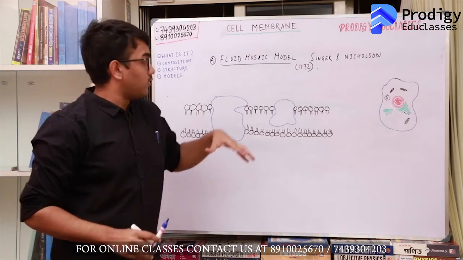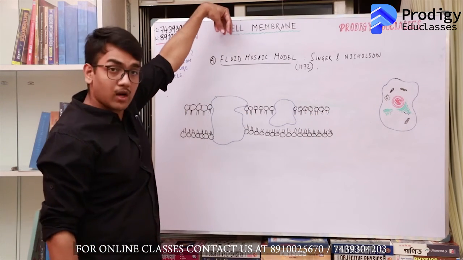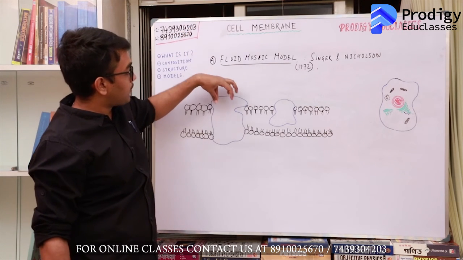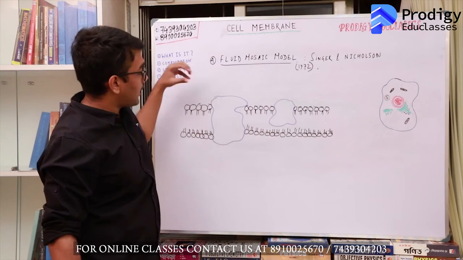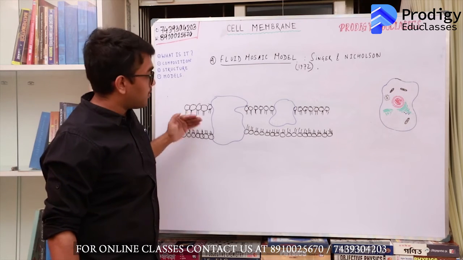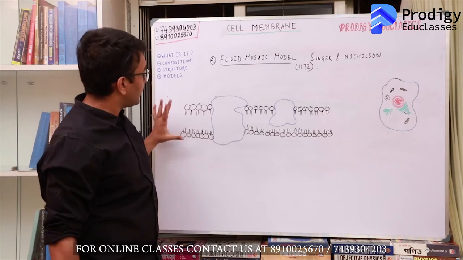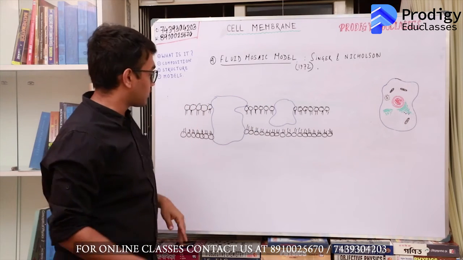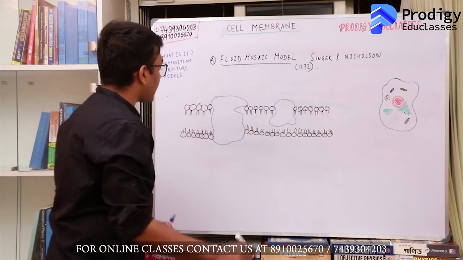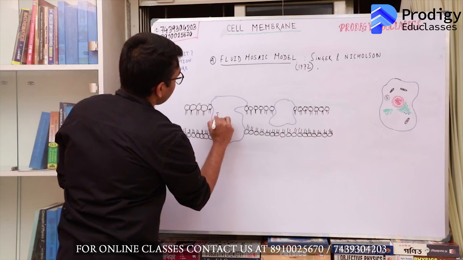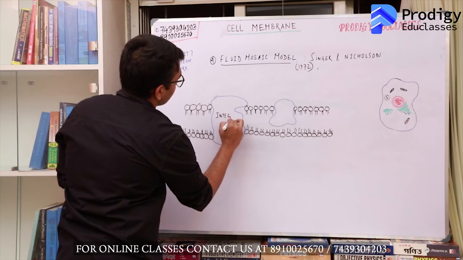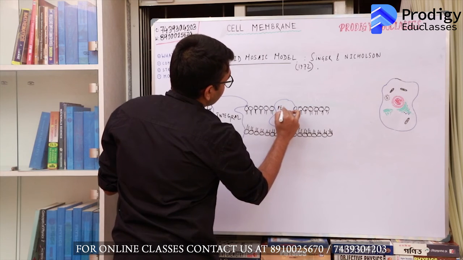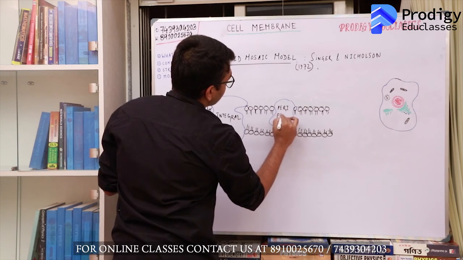So far, people were always looking at the cell membrane from the outside. So when you look through the microscope from here, you will apparently have the feeling that the proteins are above and the lipid is located below it. But if you look at a transverse section, you'll get to know that the lipids are there in bilayers and the proteins are embedded within the structure of the cell membrane. So you have two types of proteins, integral proteins, and you also have peripheral proteins.